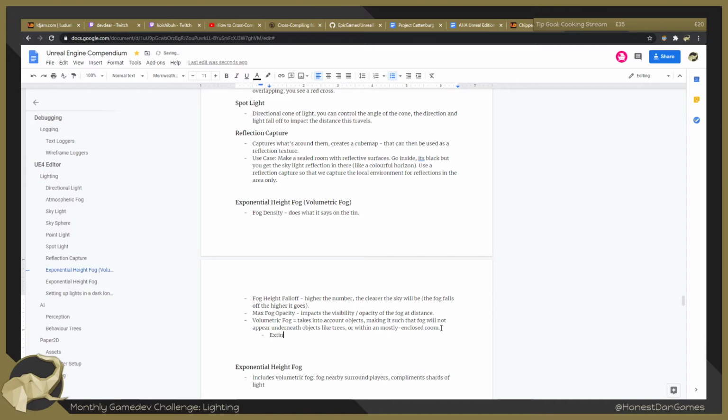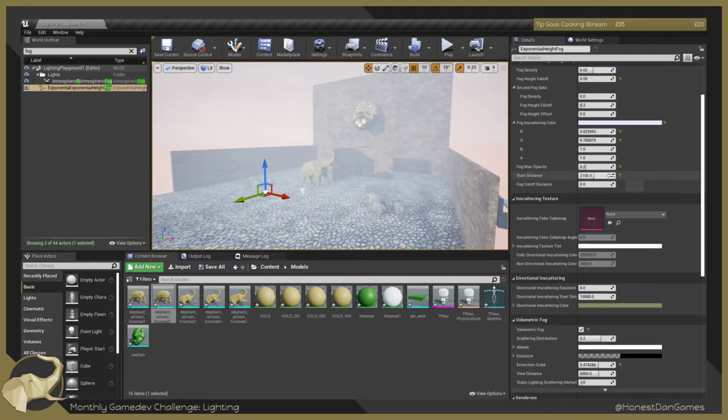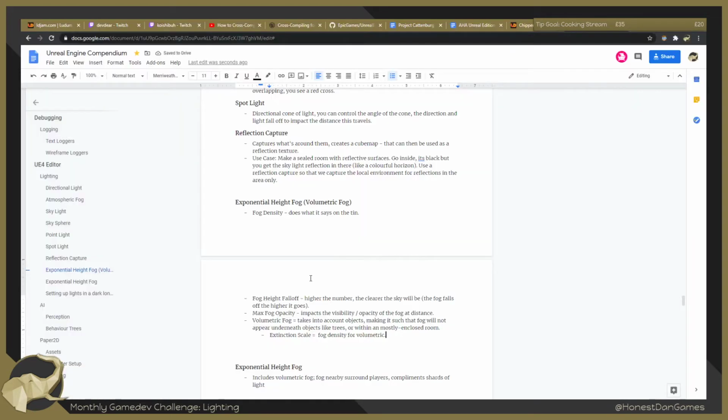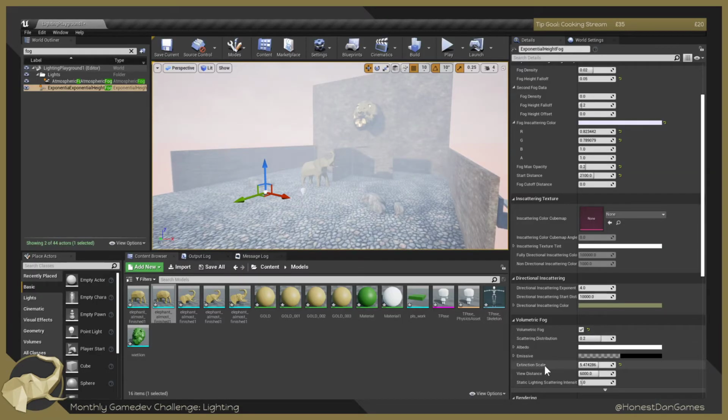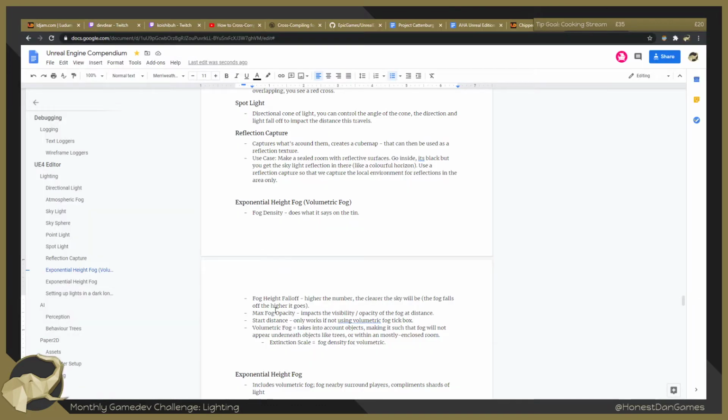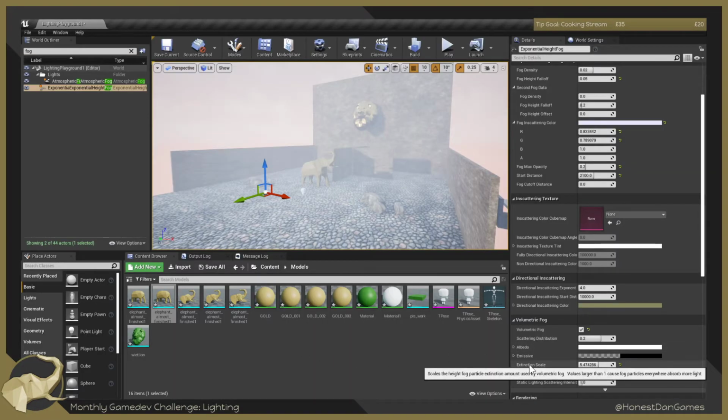Extinction scale to your fog density for volumetric. We also found that, was it the fall off? The start distance. Yeah, we should mention this. Start distance only works if not using volumetric fog. Tick box. Put that. I don't think it was extinction. Oh, did I put extinction? Is it? It is extinction. Strange word for it, but